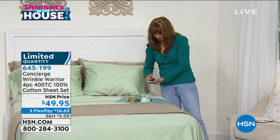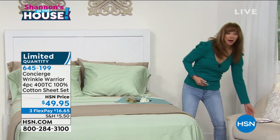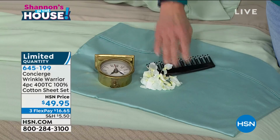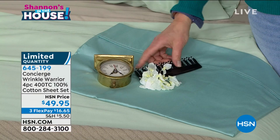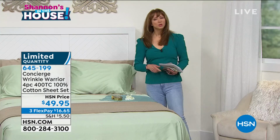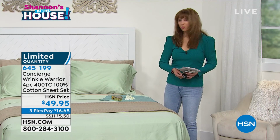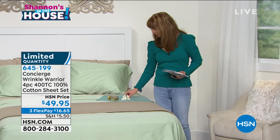I'm experimenting with that little flat lay photography. I got mine. I hope you got yours. In fact, you know what? I'll have to post that because now I'm thinking I need different colors. So how many of these do I have left? Final 200. So final 200. So if you're thinking about